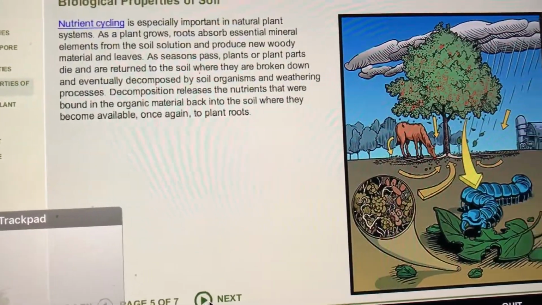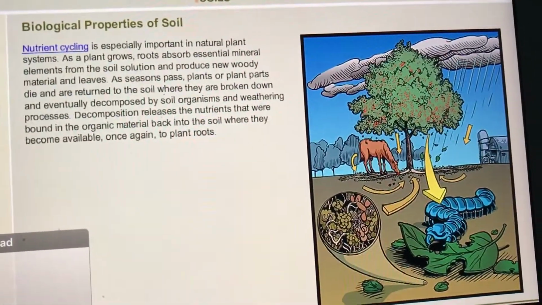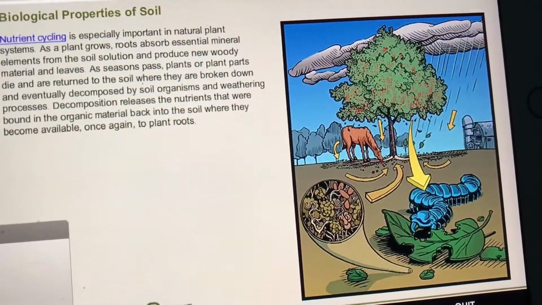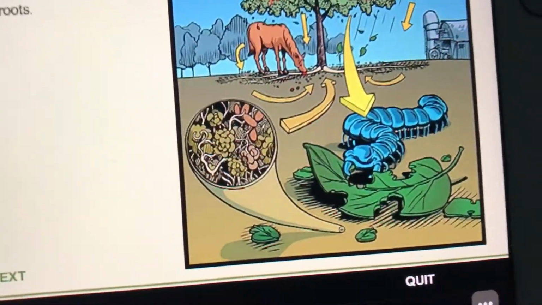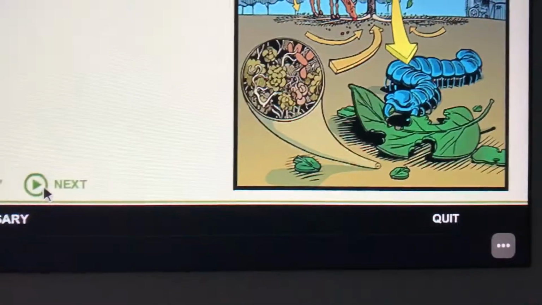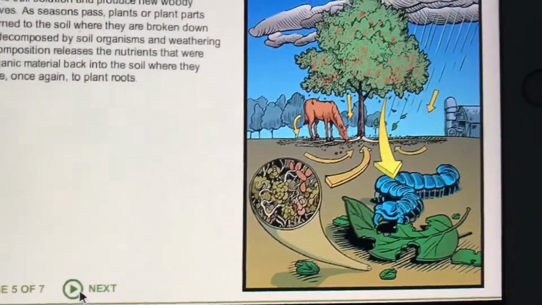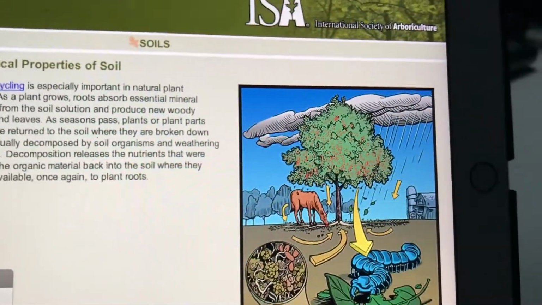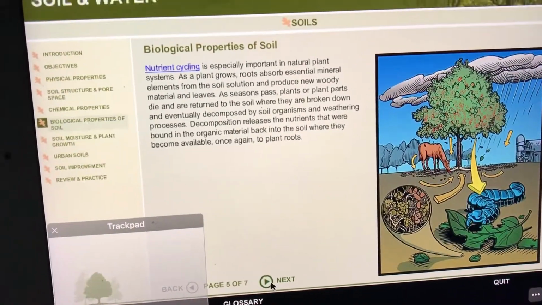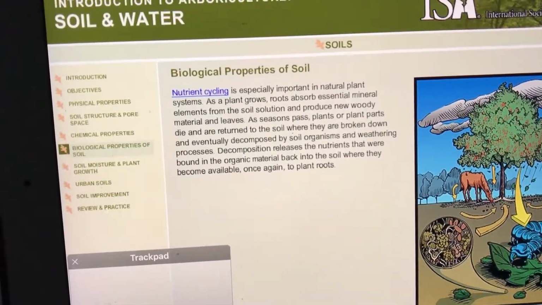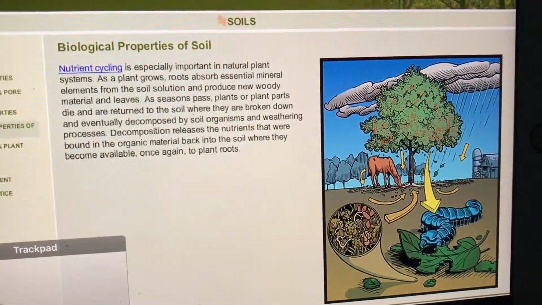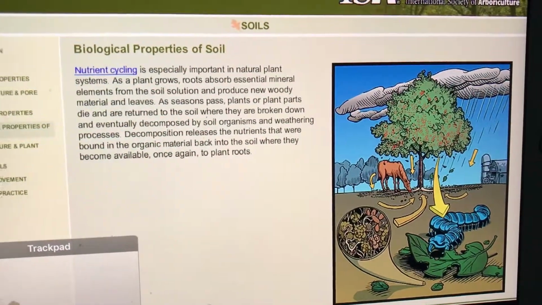Nutrient cycling is especially important in natural plant systems. As a plant grows, roots absorb essential mineral elements from the soil solution and produce new woody material and leaves. As seasons pass, plants or plant parts die and are returned to the soil where they are broken down and eventually decomposed by soil organisms and weathering processes. Decomposition releases the nutrients that were bound in the organic material back into the soil where they become available once